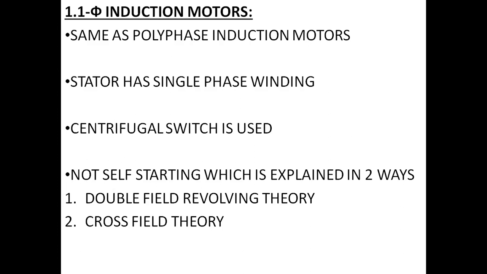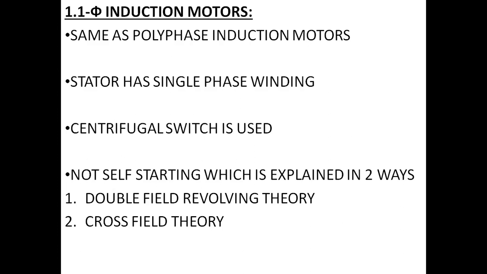See, first this machine is not self-starting. So to make it self-starting, we have to add a second supply, another phase, which is used for starting purposes. After the induction motor runs at normal speed, we can cut off this second phase. For cutting it off, we use a centrifugal switch. A centrifugal switch can be used or cannot be used. I will tell you in further classes why it is used, why it is not used, what happens when it is used and what happens when it is not used.